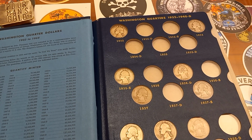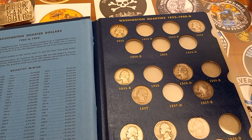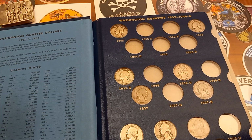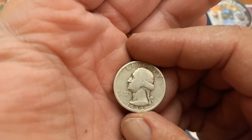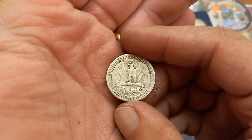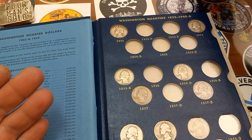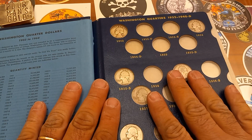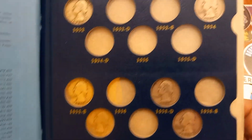Okay, guys, and we're back, and I got all the coins in. But my mistake, I had 17 coins. I thought I was going to have 47 in there. I only wound up putting 16 of the 17 in because I had two 1932s, and I did put the better 1932 Philly in. So I got a 32p spare. So we'll put that off on the side. 46 coins in the book now. So we'll take a quick look at the updated